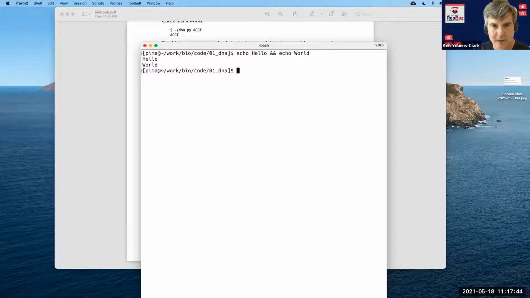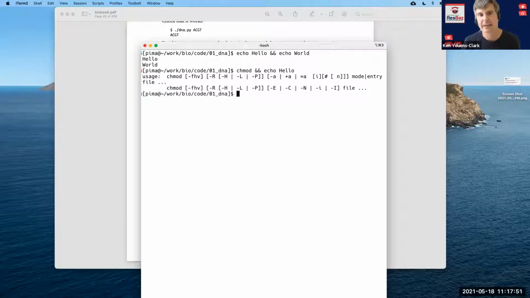And if I go back and I say chmod && echo hello, the output of that is not the output from the failing chmod and then hello. The problem is that the chmod failed. And so the echo hello should never be executed. And that's exactly what happens. When I try to AND these things, the first thing is essentially false. So a false and a true is false. That's the way AND works.